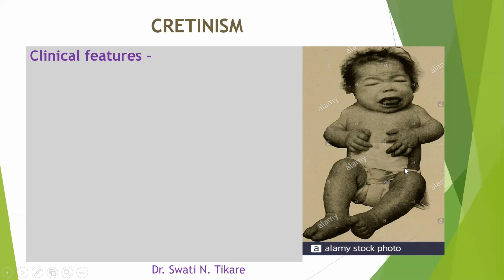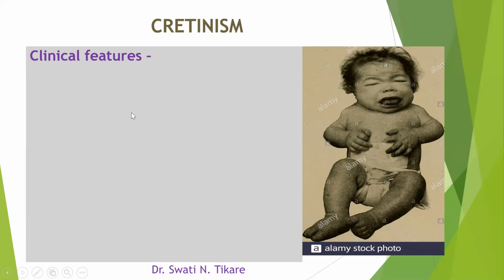So let's just have a look here once and then we will go to the text. Can you see that the hairs are sparse? The baby looks somewhat infantile. This is a 1-year-old child, but very infantile features are there for a 1-year-old baby. There is a protruded tongue. The nose is broad. The eyes are a little far away. There is more space there. Okay, and for its age, its height is small. It's a dwarf, and there is a pot belly not clearly seen here, but we will see it in the next diagram.